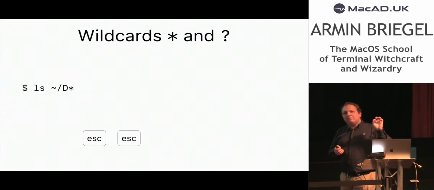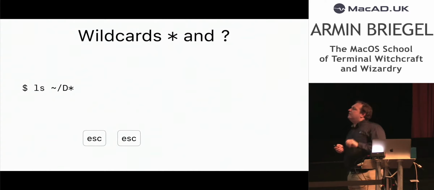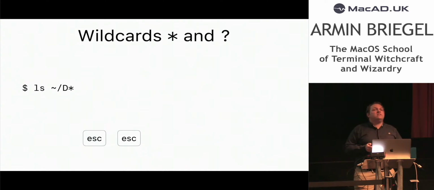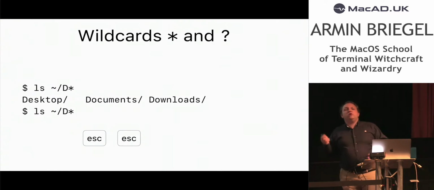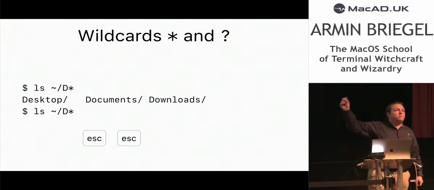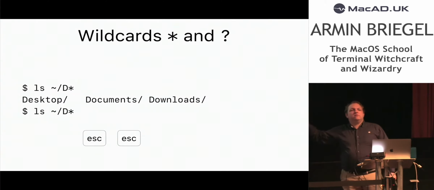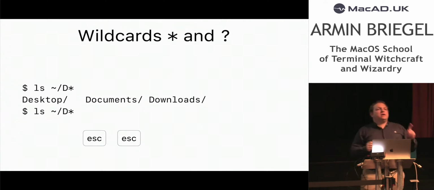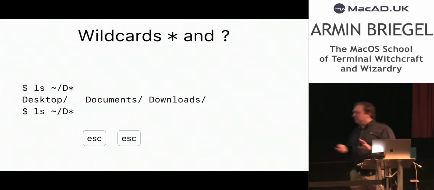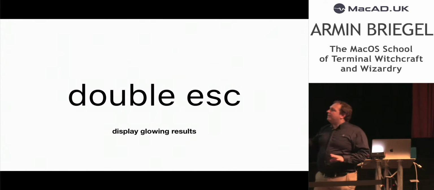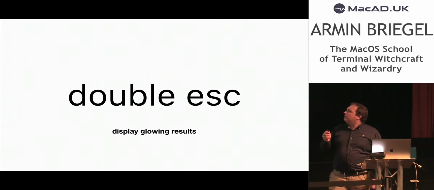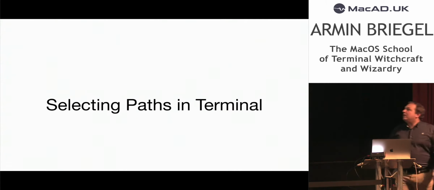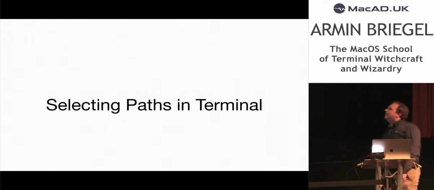On touch bar Macs, be sure to make a short pause in between. They're not that fast. But hit the escape key twice in succession, and the shell will show you how this particular globbing pattern will be substituted. So if you're unsure about your globbing command, hit the escape key twice, and it will show you what you're actually doing. Double escape. Oh, look, autocorrect. Globbing. We all expect glowing results, I'm sure.